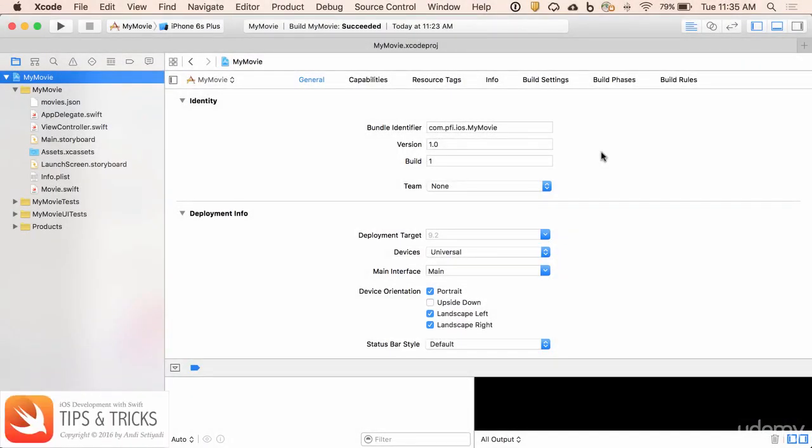My name is Andy. In this lecture, we're going to display a record in a table view, but instead of using a table view controller, we're going to create our table view inside a UIViewController. So I have a starter project called My Movies, and we're going to get the source of our data